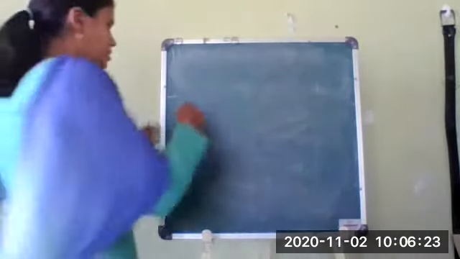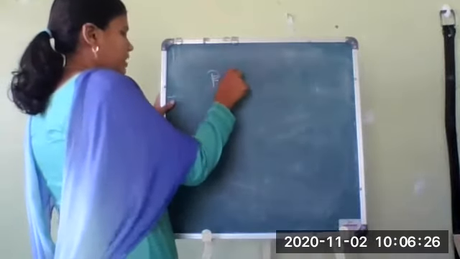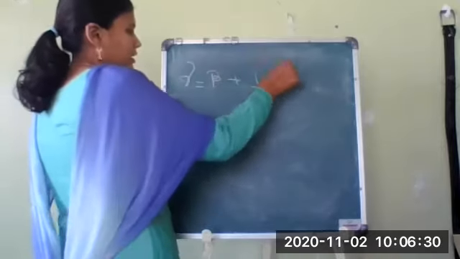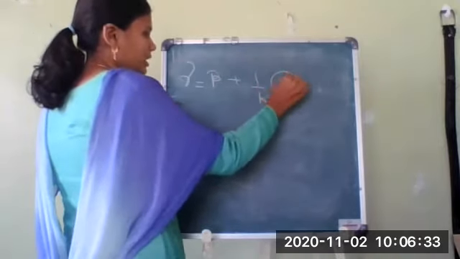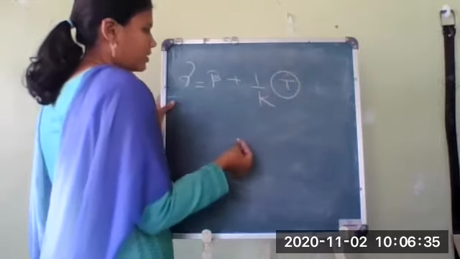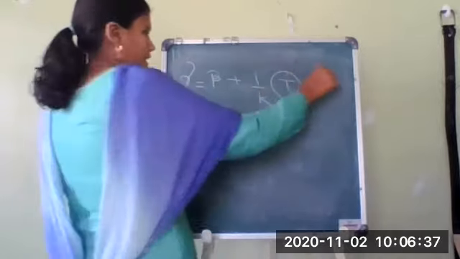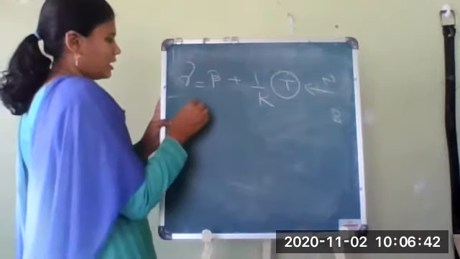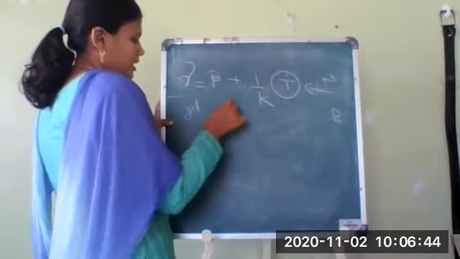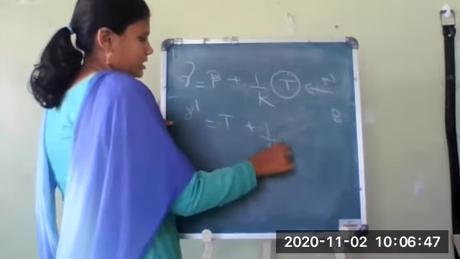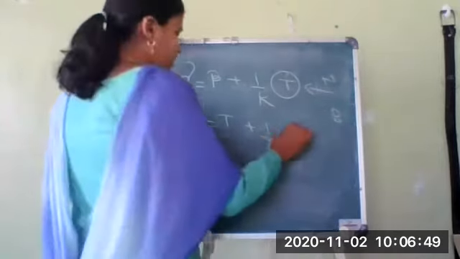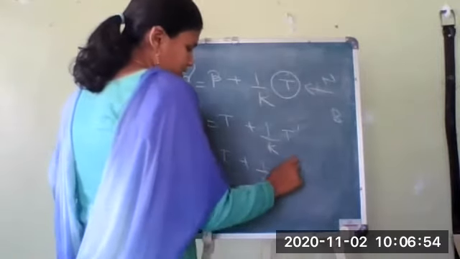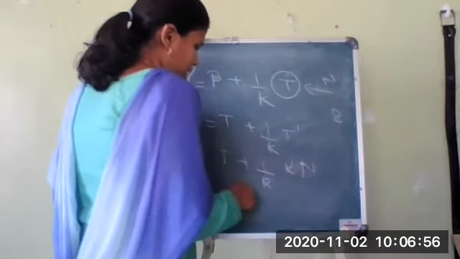Now let us go back. What we have assumed, beta plus 1 upon k into n. Now instead of n, I have told you that we can take whether t or b. Now suppose I have taken t instead of n; we have to check also what will happen if we take b. So what will be gamma dash? It is beta dash, which will be t, plus 1 upon k as it is. Derivative of t will be t dash. Now what will be t dash? k into n. This k gets cancelled.